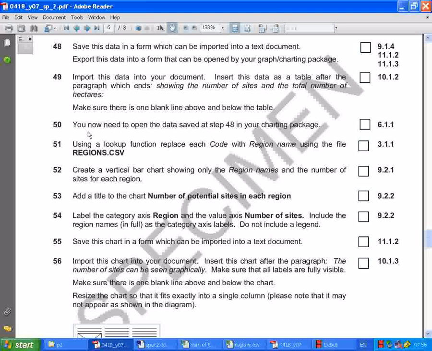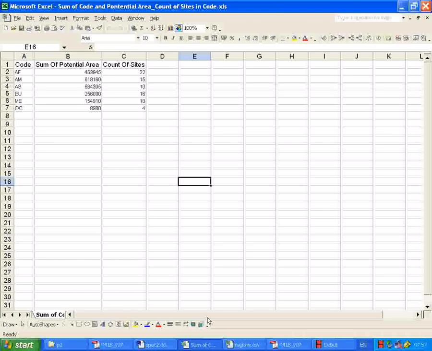Question 50 is asking you to open the data saved at step 48 in your charting package. In step 48 we saved the data in an Excel sheet. We imported them from a report and saved it in an Excel data sheet. So we go and open the Excel sheet that we have inserted in here, the data